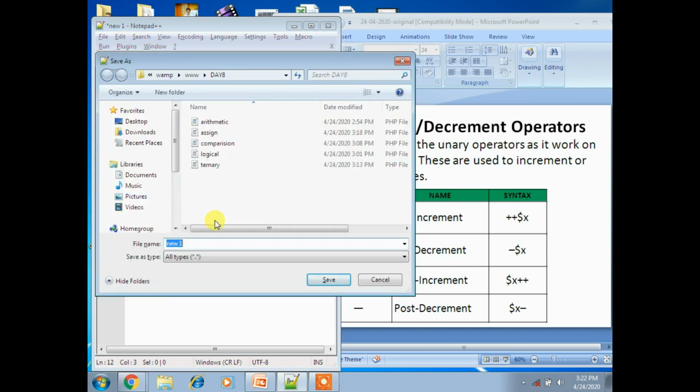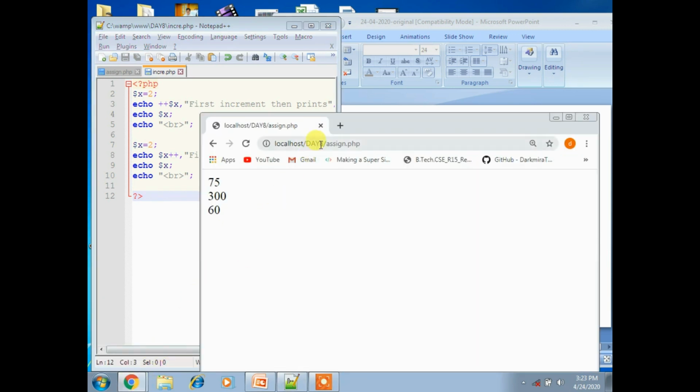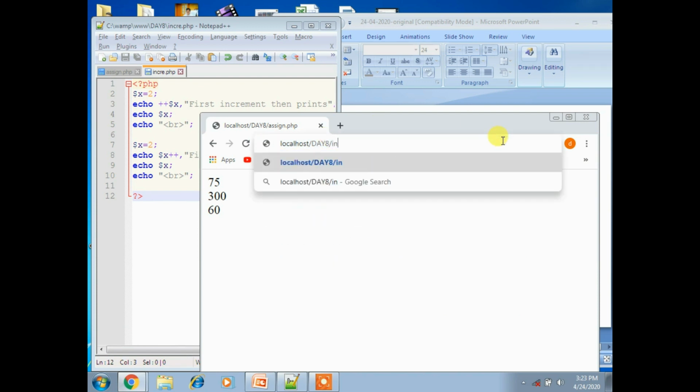Now save the program as incre.php, put double quotation and save this program and run it. The file name is incre.php.